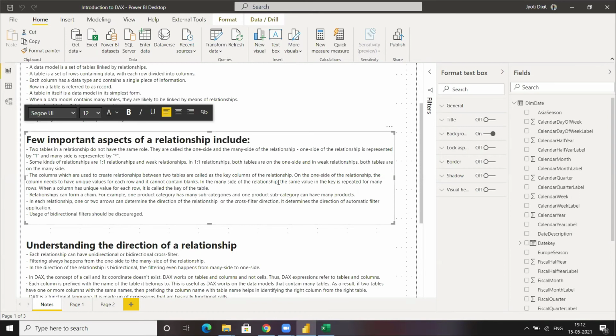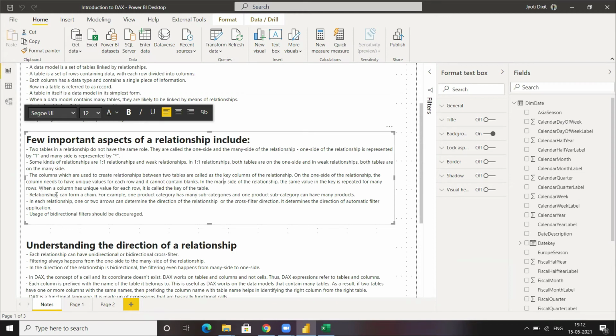When a column has a unique value for each row, it is called the key of the table. Over here we are talking about keys, and in SQL also, if we are talking about two different tables, then there is one table which has a primary key, and one column which is called a foreign key.